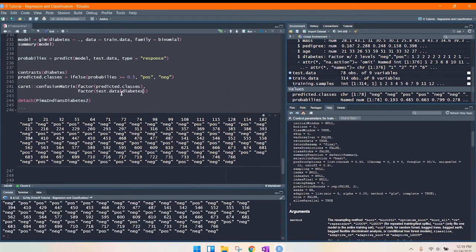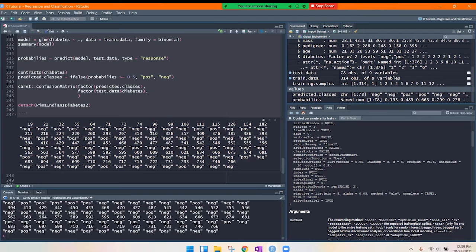Here you have to use the dollar sign even though we attached, because diabetes belongs to the training data, it belongs to the original data as well as the test data. So if you write diabetes alone, it's not going to understand it. And the last variable will be positive